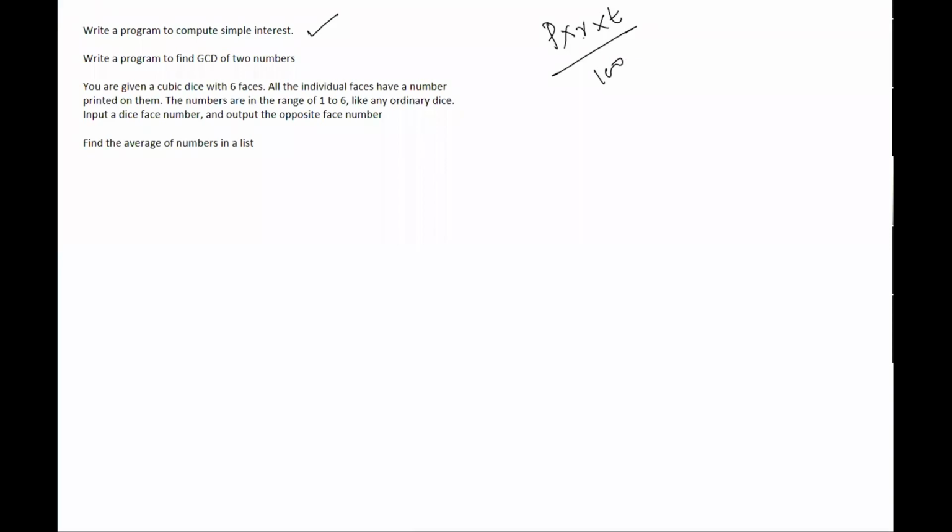Okay, so I need 3 values. I need 3 data to compute simple interest. One is principal, the other one is rate, then time, and this is how I can compute simple interest. So first I will be doing a whiteboard here. I will be explaining, and then maybe I will show you on Jupyter Notebook how to write this code. You are allowed to do the same on Python ideally, or any notepad or text editor. But for me, to explain things, it is easier on Jupyter Notebook. So I will be using Jupyter Notebook. Okay, so this is all that is required.